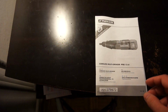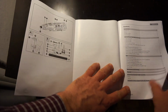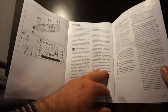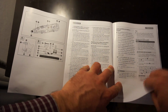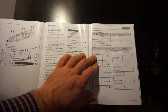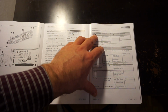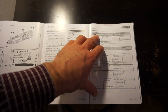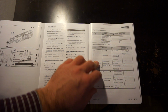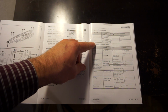Let's take a look at the manual then. You can get it online also. What is included? So not interesting, safety not interesting, safety not interesting, charging, yeah, we know. This might be something interesting. Setting a suitable rotational speed, number on the speed control. Now they don't actually mention actual speed, just it's numbered 1 through 5